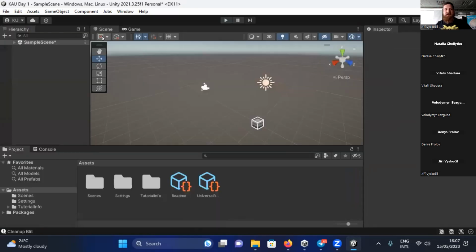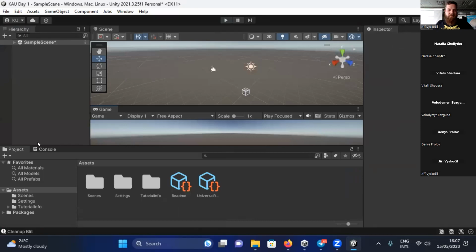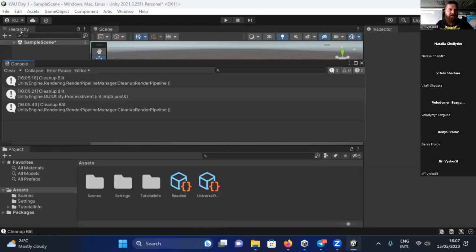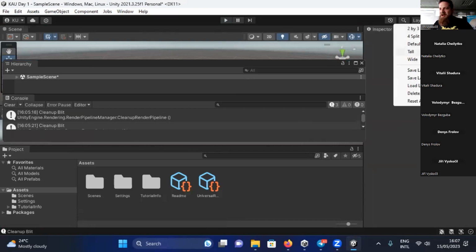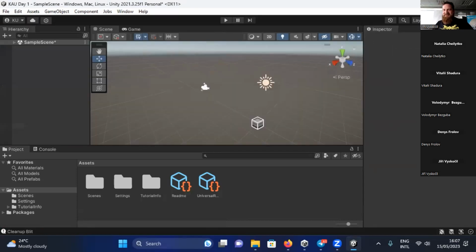Oh, and that's another important thing. If I just put my tabs somewhere and make a complete mess of my view, and now I don't know what to do, I can always just click on default and get back to the layout I'm used to. And of course, you can save your layout and make your favorite one. That's the way I use it most of the time. But now let's just stick with the default one and continue with the